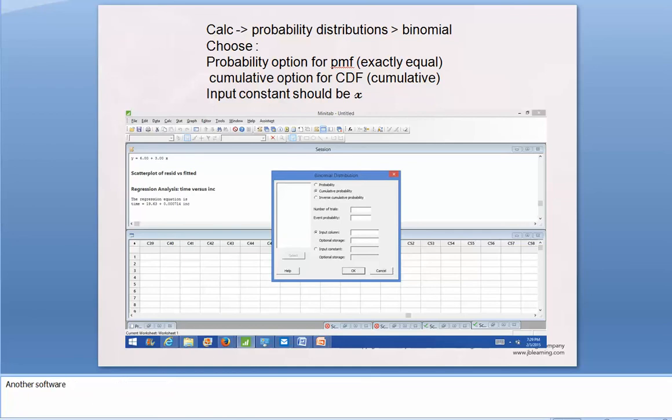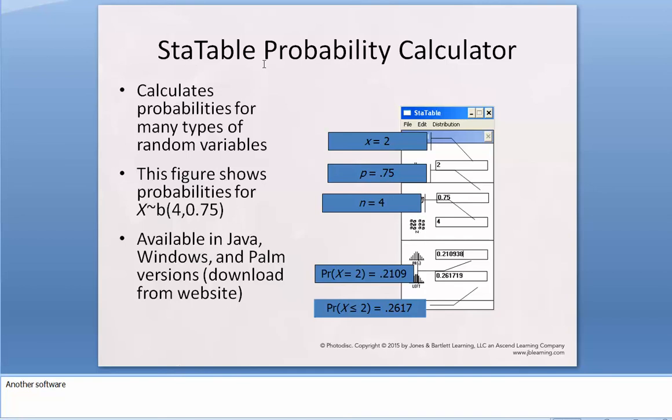Now the book also provides another software called stat table, and it gives details in here. I'm really not, if you like, you can use this as well, but it's a good idea to learn a more widely used software. Minitab would be one example. In fact, you can even use Excel to calculate binomial probabilities. I'll just mention that in here. You can also use Excel to calculate